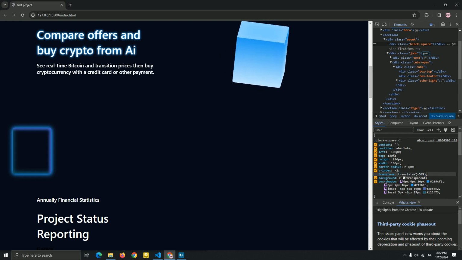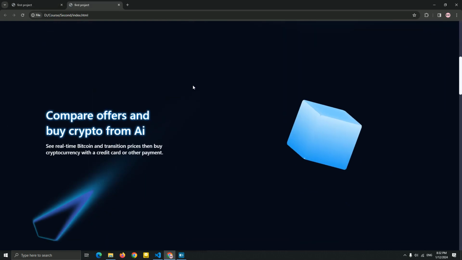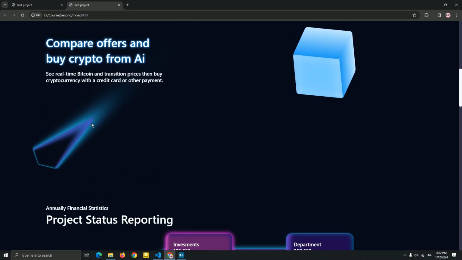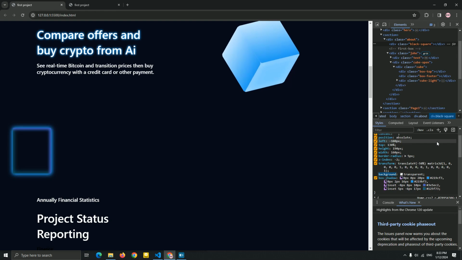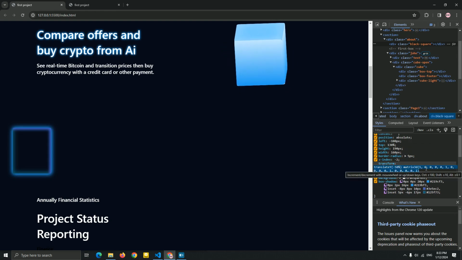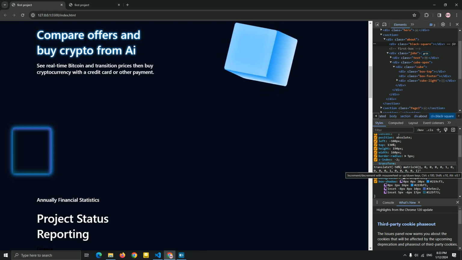So if you see in the first video, we created something amazing like this, guys. But to create this, we need a matrix 3D or a translate Z, but I'm gonna use a matrix 3D for this, guys. So let me just show you what we need for this. Let me just add it here, matrix 3D, and we have a lot of numbers, 0, 1 and 0, as you can see, guys. Every number has a purpose and a goal to create this here, guys.